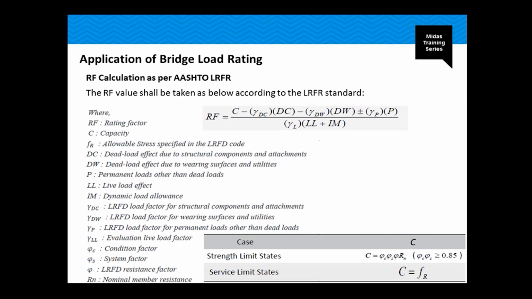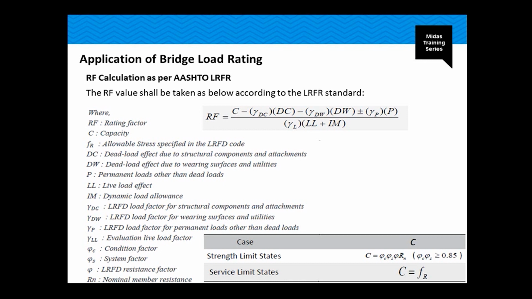It is based on the capacity of the bridge in the strength limit state and service limit state. The rating factor is also based on the different types of loads applied, as well as the load factors for the structural component, the wearing surface, the permanent loads, the evaluation of the live loads, the condition factor, and the system factors.